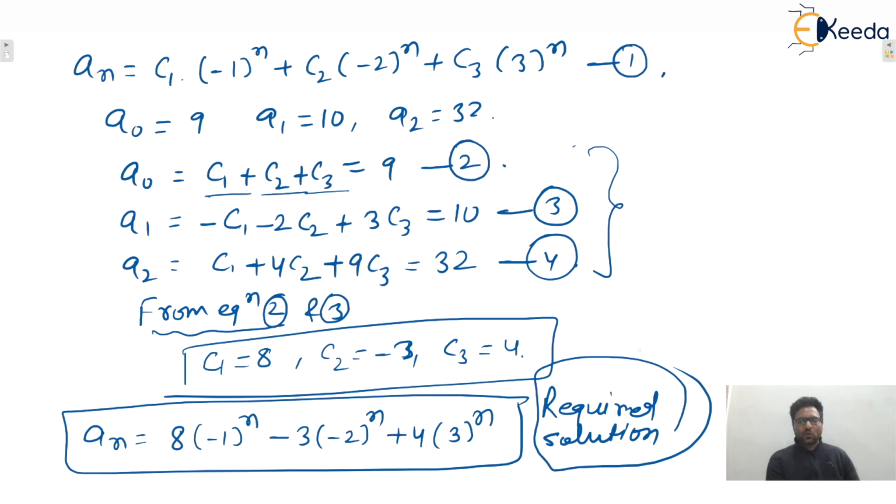So we saw how to solve homogeneous LRCC in this particular lecture. In the next lecture we'll see how to solve inhomogeneous LRCC. I hope this is a simple procedure and clear to everyone. A predefined procedure is there. Just apply the steps. First write down the characteristic equation, then find the roots, and according to the roots you can write down the general solution. Then with the help of initial conditions, you can find the values of constants, and finally put back these constants into the general solution. That will be the answer.